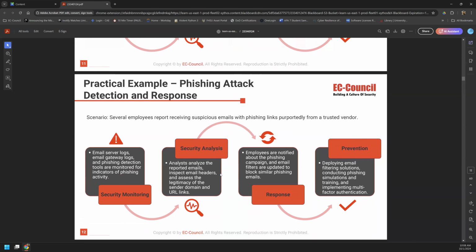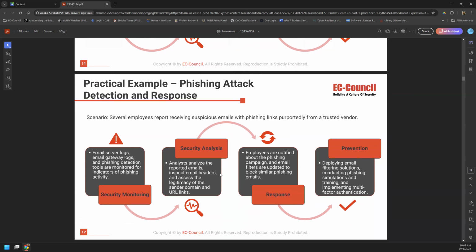For any kind of phishing attack detection or response, those email server logs, email gateway logs, and phishing detection tools are monitored for indicators of phishing activity. In this case, the analyst will analyze those reported emails, inspect the email headers, and assess the legitimacy of the sender information. The employees will be notified of a